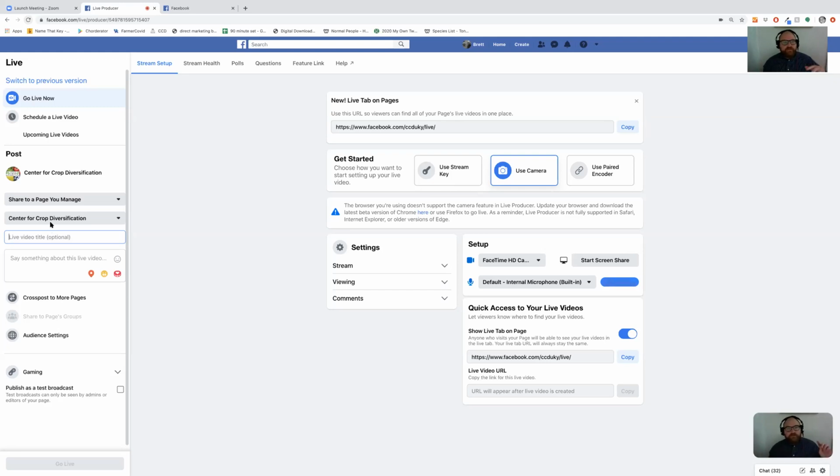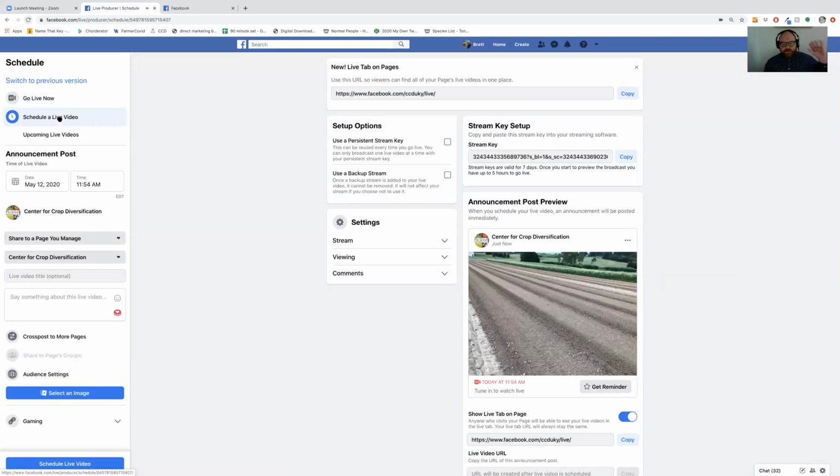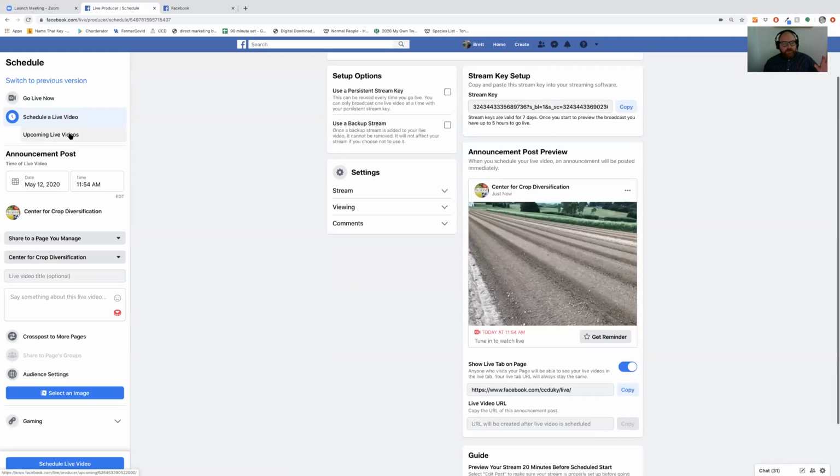Something that is not brand new, but is newer, is the ability to schedule a live video. I really like this function for a couple of different reasons. One, it gives a post for people to look forward to, which is great. It is a different kind of content to build buzz around something in particular. And if you remember from the events, I'm all about trying to get a little bit of a hook in people to remind them. What I mean by that is if they see this post and you have, instead of, whatever you want it to say,